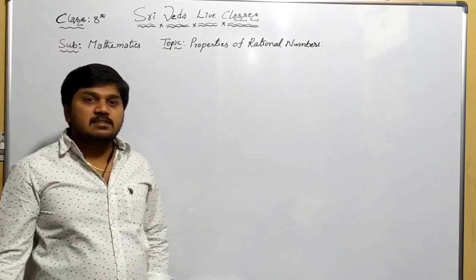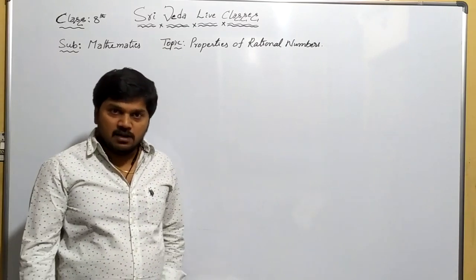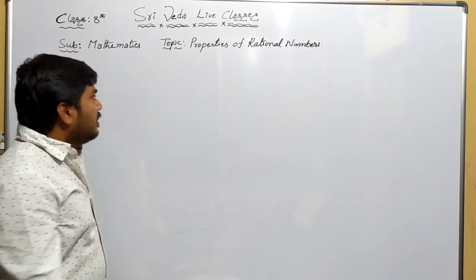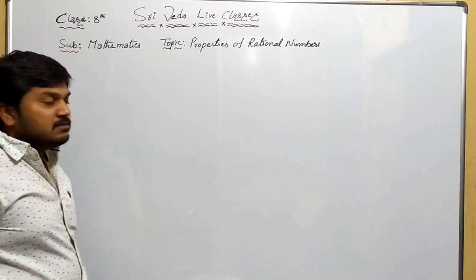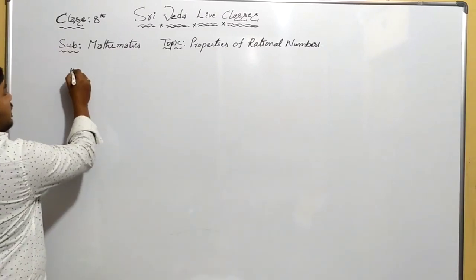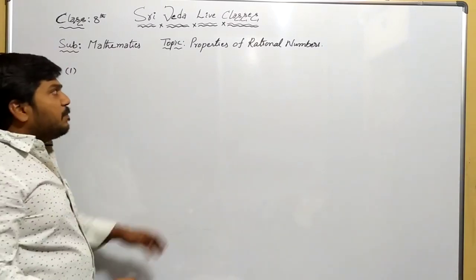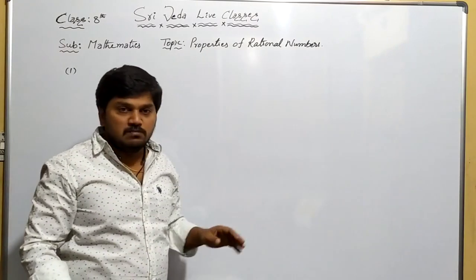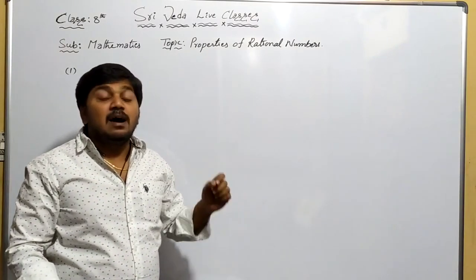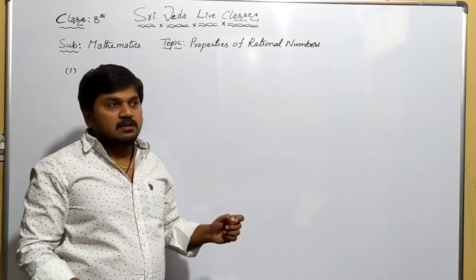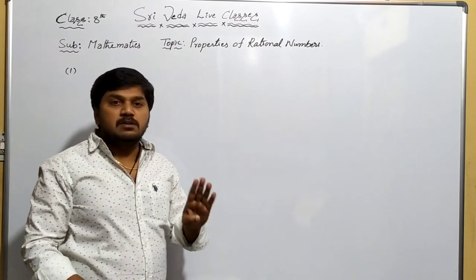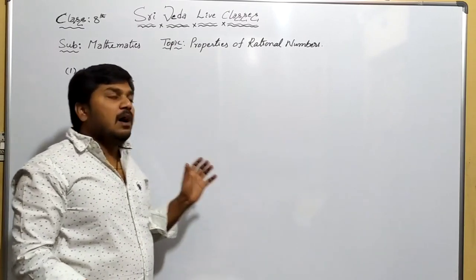So, today we will discuss the properties. Okay, what are the properties? Let us see that. I'll write the properties. First one is what? Here we will discuss the properties of rational numbers on addition. Under addition we will get. So there are four fundamental operations now. So what are the operations?